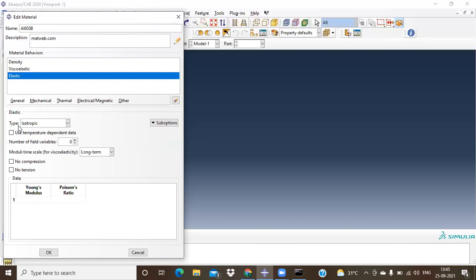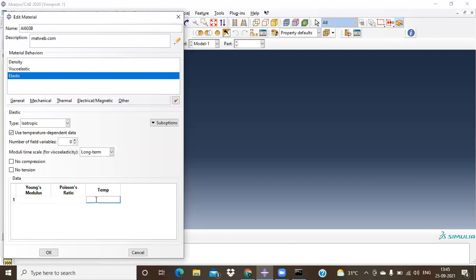After selecting this, if you would like to incorporate any particular temperature value, use temperature-dependent data. In the temperature-dependent data, you have to use your Young's modulus at that particular temperature, Poisson's ratio at that particular temperature, and the temperature value. You have to define these values, and feed them in Newton per mm square, because my geometry is in mm, right? So I have to feed everything as per that unit.